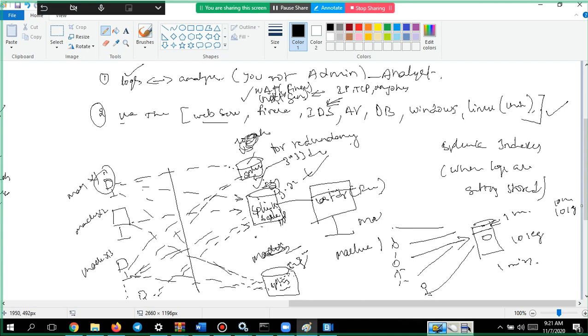Say for example it is 10 days of logs, from 1st to 10th. The first 3.3 days are searched from here, 3.3 days from here, 3.3 days from here, and whatever data you are asking for will be displayed within one third of the time, rather than sending the request to only one machine and waiting for the search.